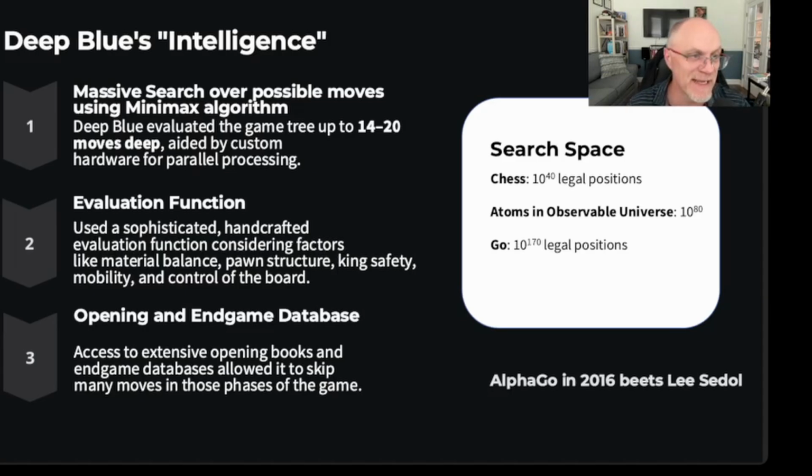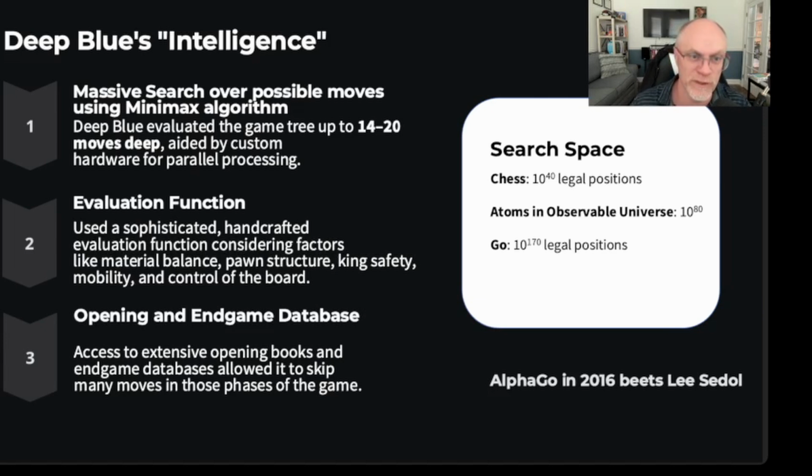But they had a very sophisticated algorithm that considered a number of factors, some of which are considered here. Is the king in a safe place? How many pawns are left on the board? What's the structure? All of those things. And then in addition to all of this, chess has classic opening sequences as well as endgames, and it had a database of those moves that it could access and pull from. So all of these things together. Now, does that represent true intelligence or not? Well, certainly it implemented a very good chess playing program. And it would be very difficult to beat this program in a game of chess.